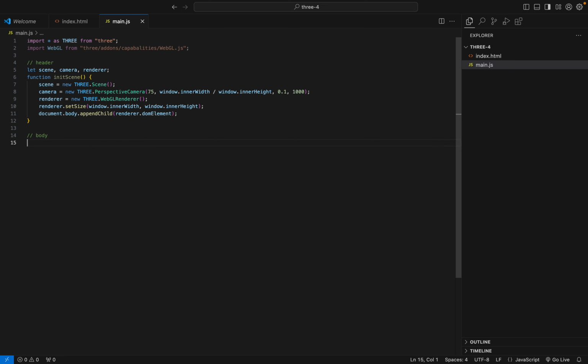The next thing is body. Inside body, I want to create a function that is going to be createObjects. And inside this function, I will create necessarily the circle. So the first thing, I want to create the geometry for the circle, and I'll call it circleGeometry. That is going to be equal, as you may know,